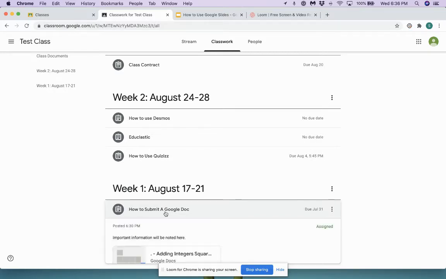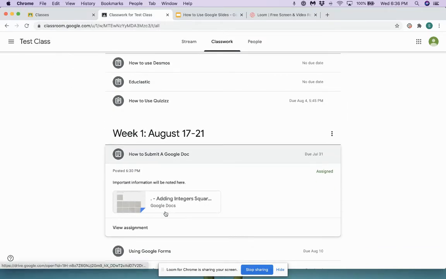So how to submit Google Docs. When I click on this, I can see a couple things. First is the due date. I can see when it was posted by the teacher. Your teacher is going to most likely take time to give you extra information about the assignment here, so please take a couple minutes to read that. It should take you less than a minute just to make sure that you fully understand what the teacher is asking of you. Now here you'll see a link to the assignment, but I'm going to ask you to go to